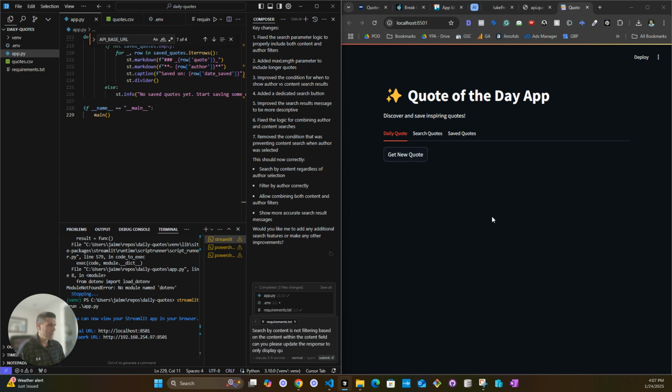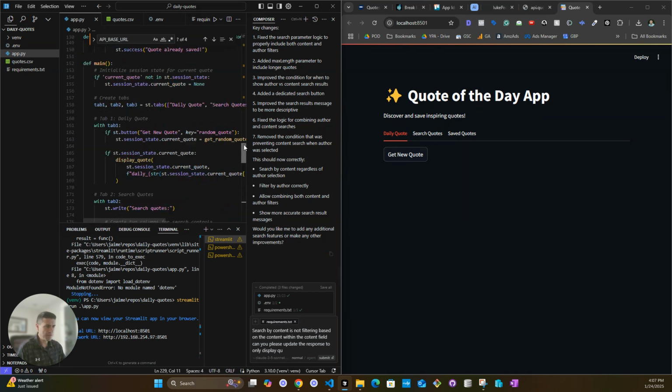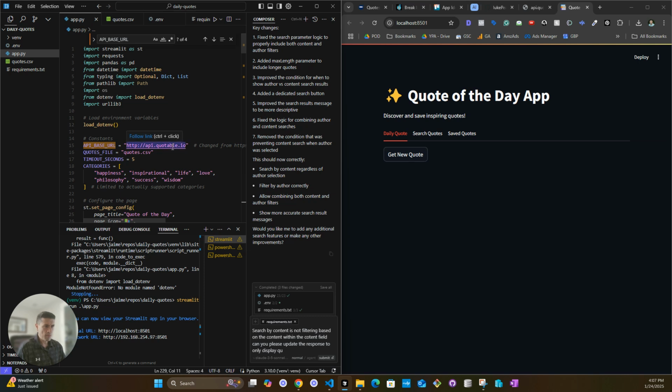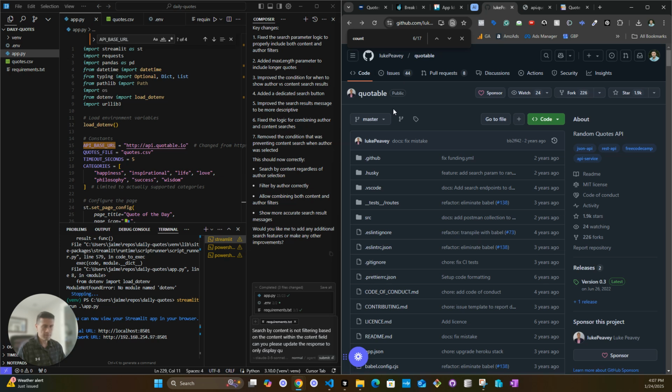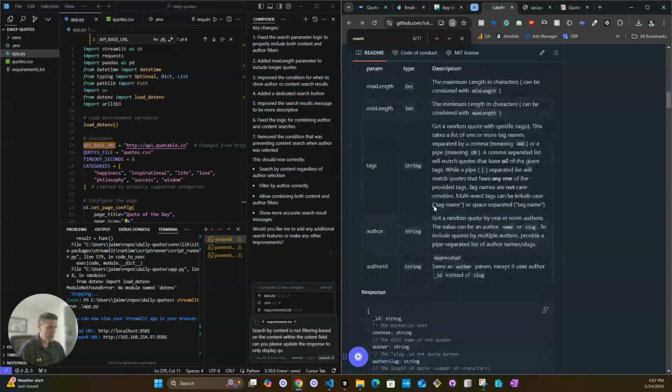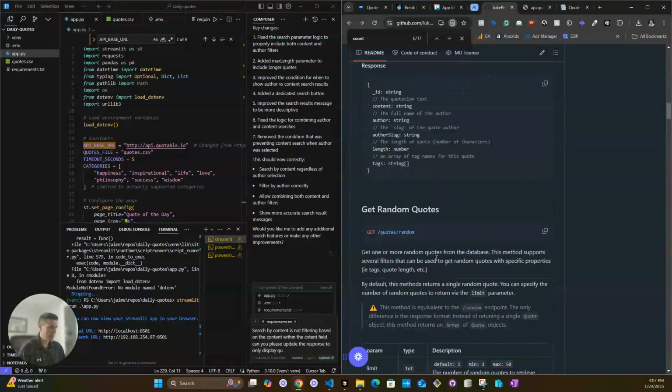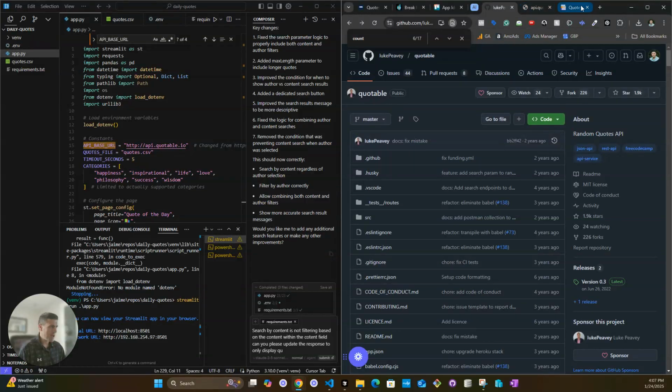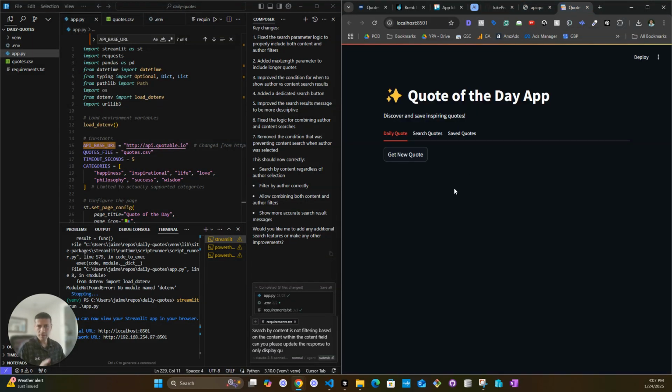Okay, so just high level, this application is feeding off of Quotable IO, which is from Luke PV. So thank you for that, Luke. And he created this API endpoint to generate quotes that are random. You can search by different parameters, things like that. And right now, I'm using that endpoint just to build this app using AI. Like there's no need for me to code when I have the possibilities to write code.